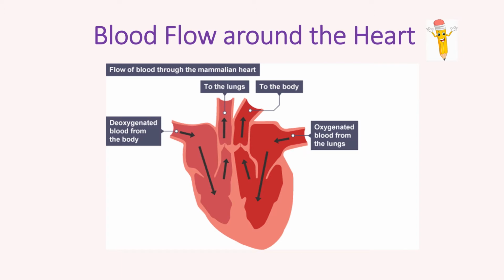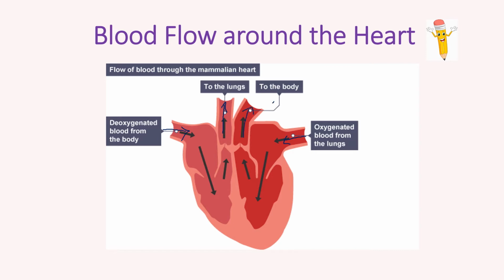Remember from the last video that veins take the blood towards the heart and arteries take the blood away from the heart, because arteries begin with A. So the deoxygenated blood from the body comes into the heart. So this is by a vein. It then goes out of the heart by an artery. It then goes to the lungs and gets oxygenated, where it's returned in a vein, and then it goes out of an artery,